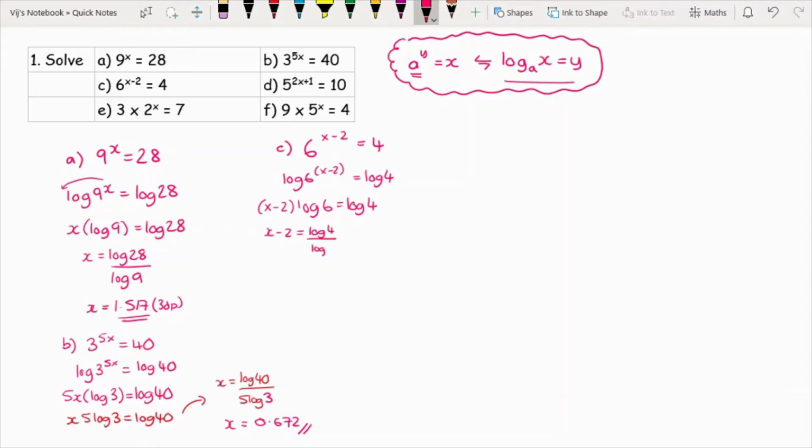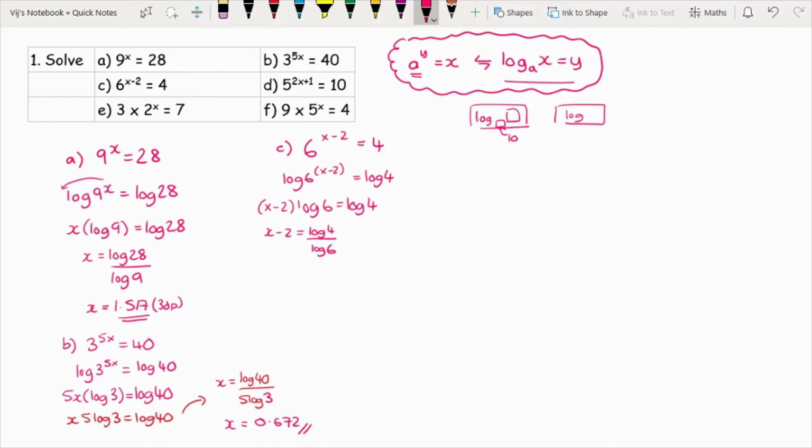over log 6. Now, one thing that usually unearths a lot of students is the fact that we've got this log, and you don't realise that it's like a function with a number. So it's very similar to cos, sine, and tan, where it only works when you've got a number next to it. And one thing I forgot to mention: if you have a calculator that only has this button, then obviously there's no bases mentioned in any of these questions, so just use base 10. If you've got a button that's just got log, then it's already pre-programmed with base 10, so it's not